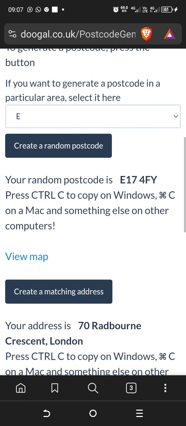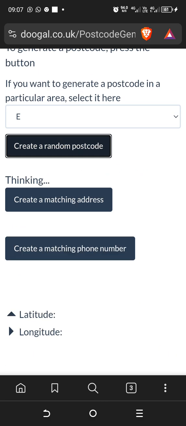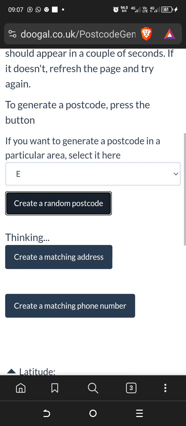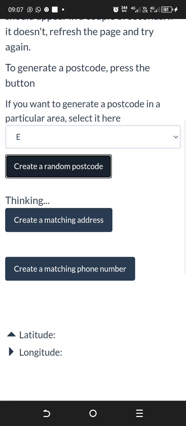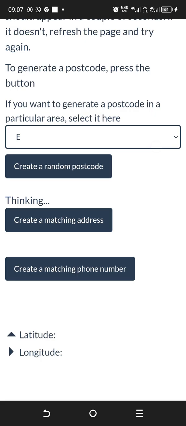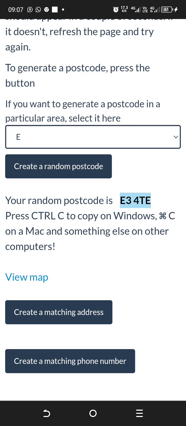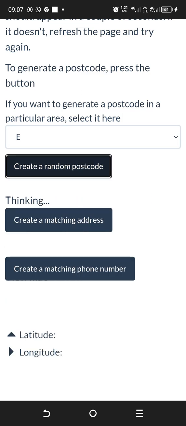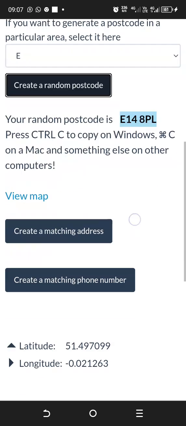So we go back, create a random postcode again, wait for it to load up. The service is a bit bad, so we just have to manage it. Let's choose this again. Okay, now that's open. Let's create another one. Create a random postcode. Now we have E14